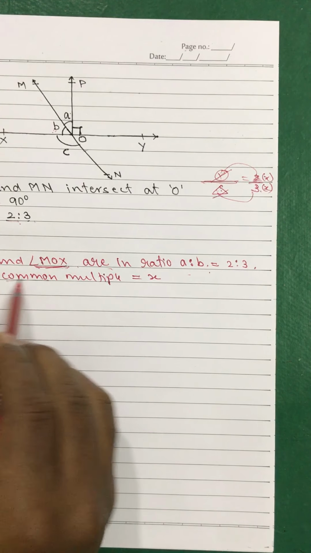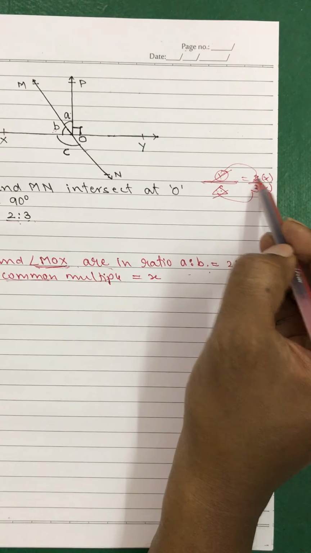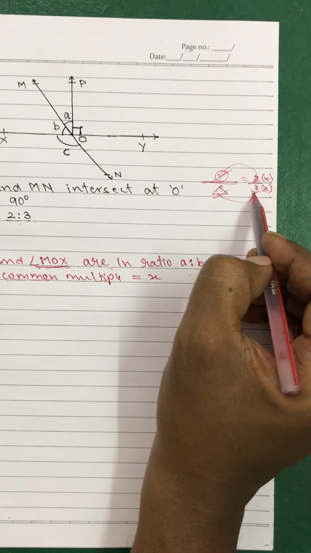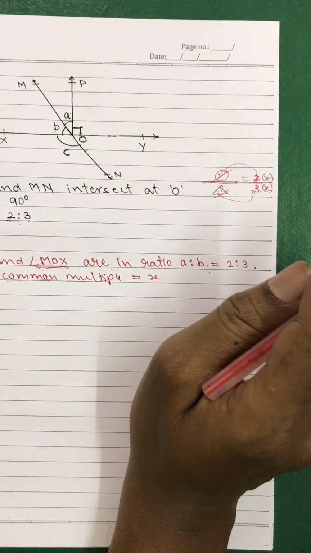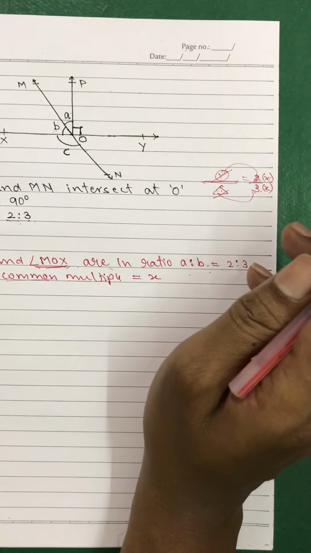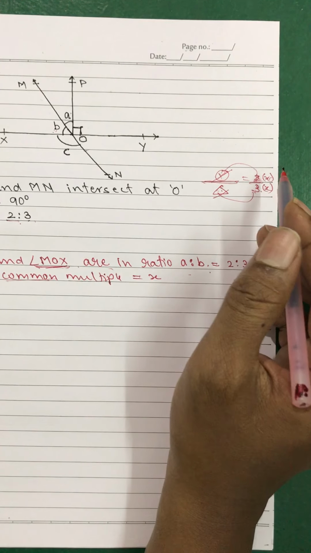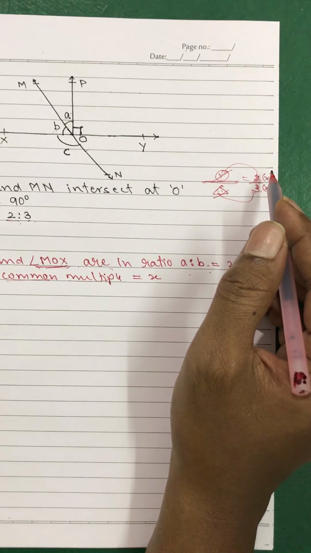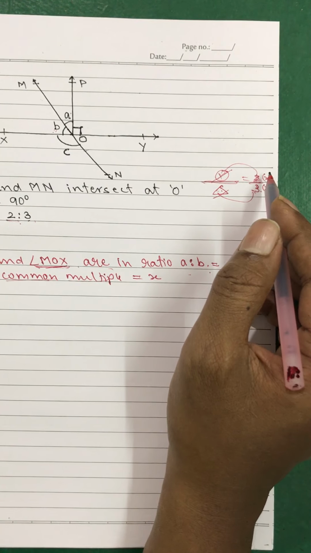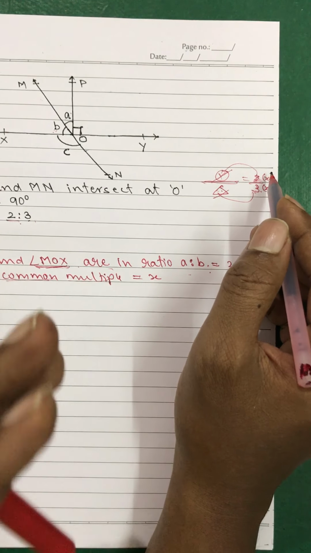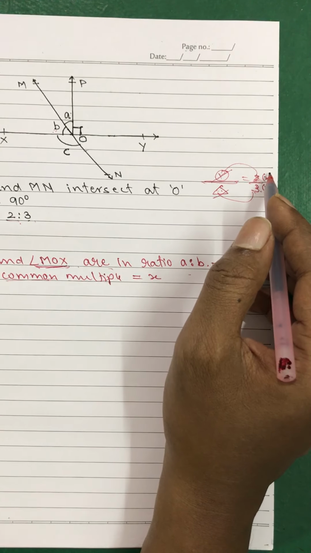It is called a common multiple. A multiple which is going to multiply 2 also, and a multiple which is going to multiply 3 also. This is basics, which we have done in lower standards. What is a common multiple, what is a ratio, how to go from two original numbers to a ratio, and how to return from a ratio to the original numbers.